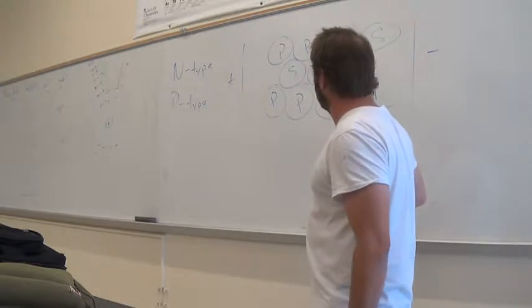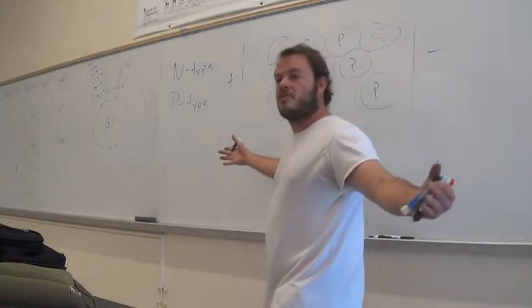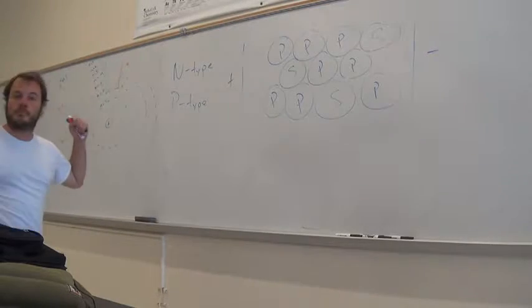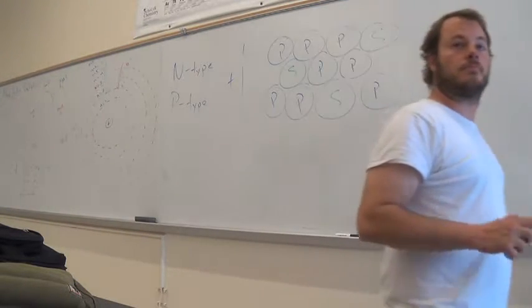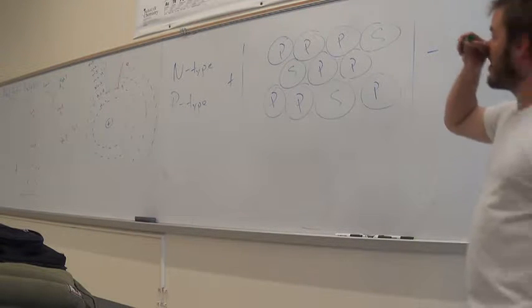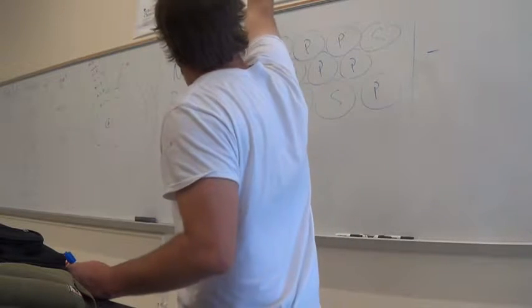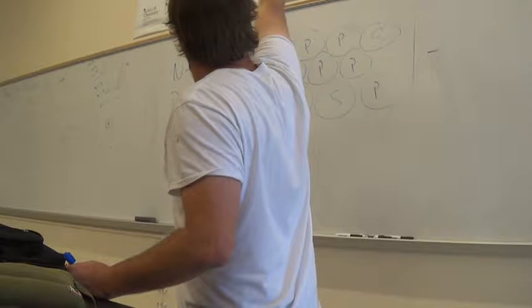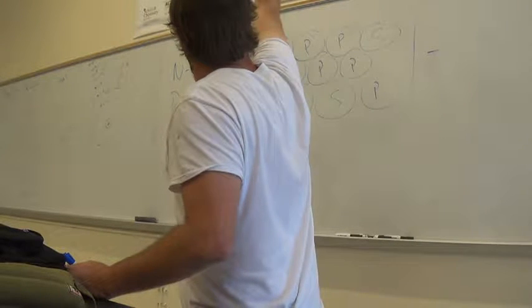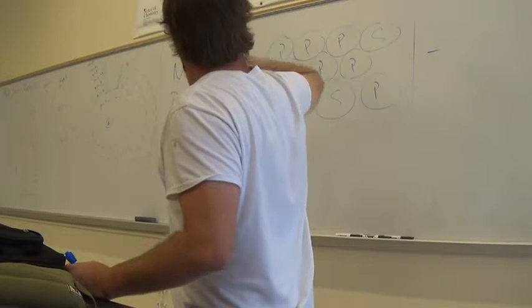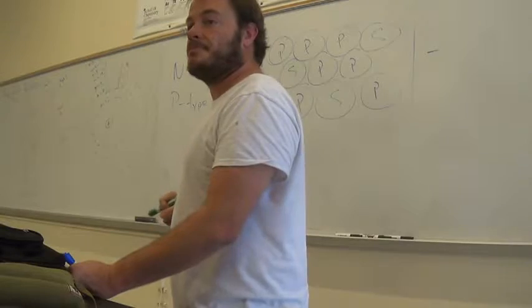The phosphorus atom has a certain number of valence electrons, right? How many valence electrons does phosphorus have, guys? Five valence electrons, right? So when we're building phosphorus, we're in that third row, so we're filling up that third subshell. We've got two subshells beneath us that are filled. The first subshell and the second subshell both have their electrons, and now it's that third subshell that's being filled, and phosphorus has 5 electrons in it. So